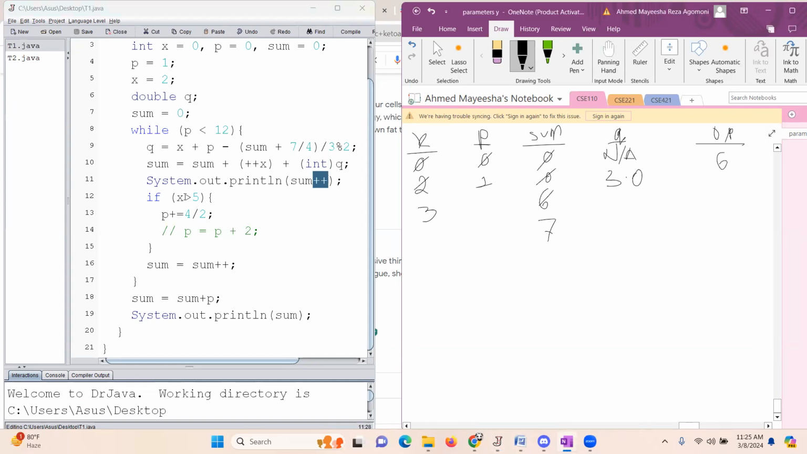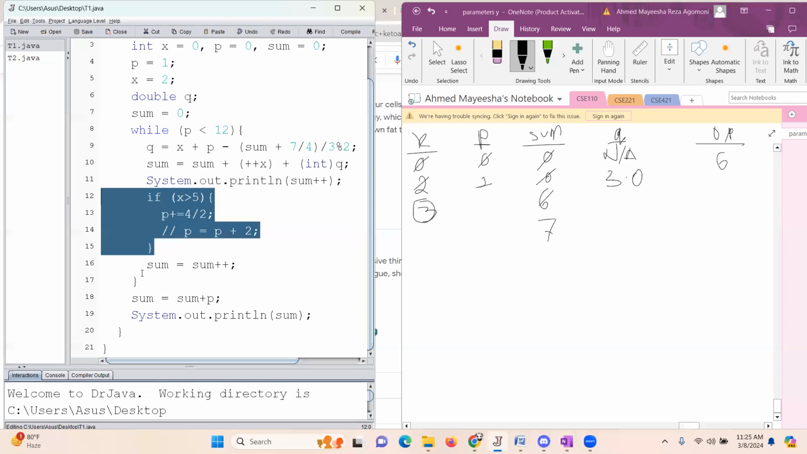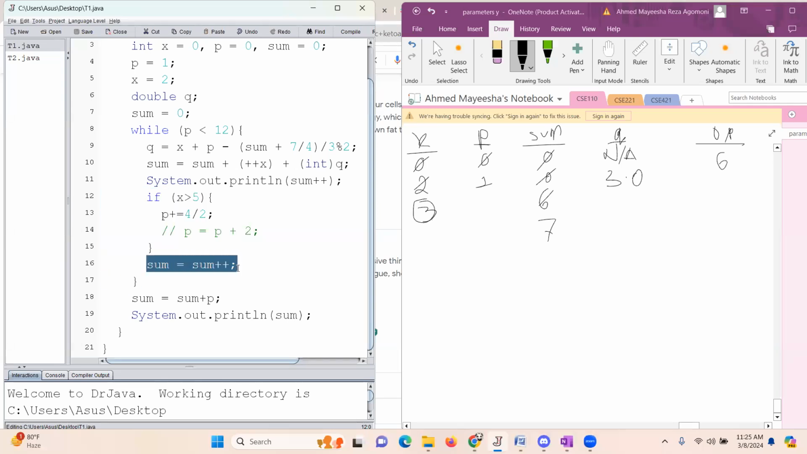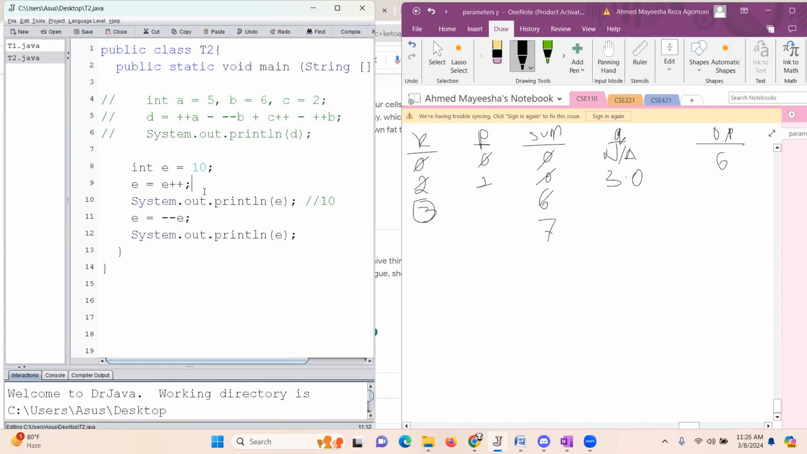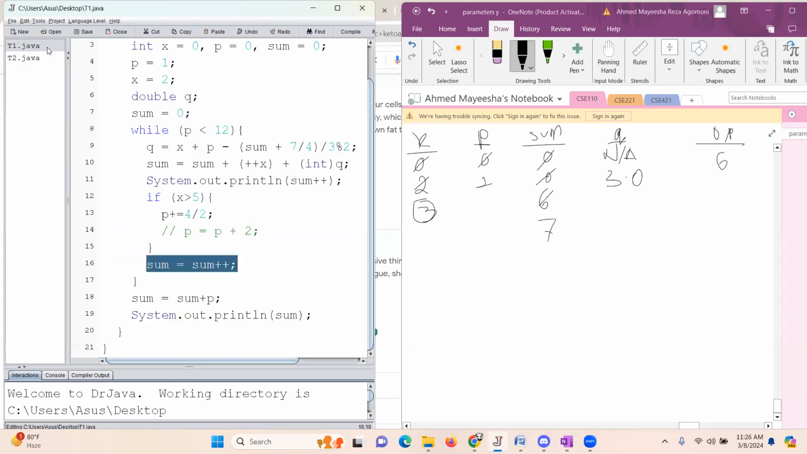And in line 12, we're checking if X is greater than 5. What's the current value of X? It's 3. So is 3 greater than 5? It's not. So we won't enter this branch. In line 16 is what I explained in here. So this is important. So what's the current value of sum? It's 7, right? So the current value of sum, which is 7, will be the final value of sum on